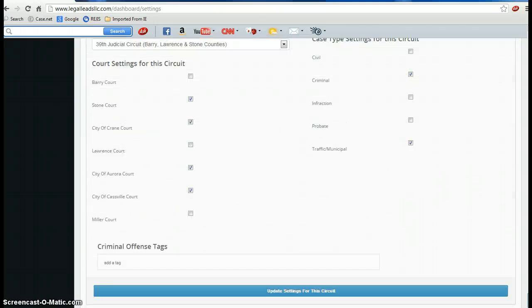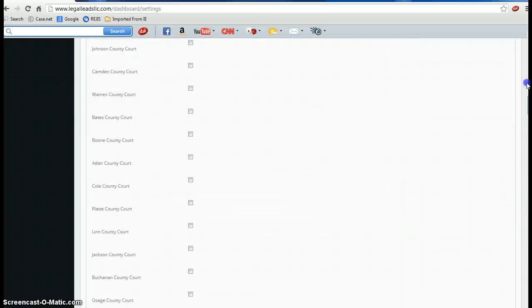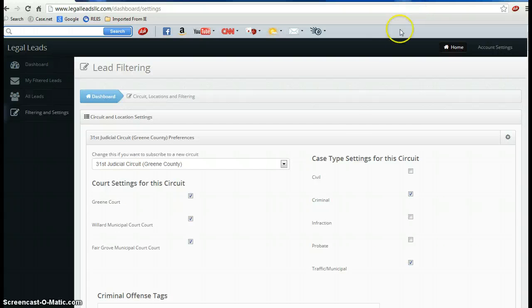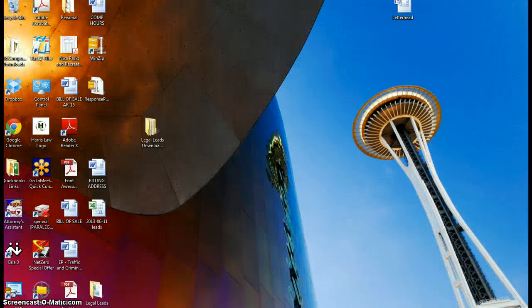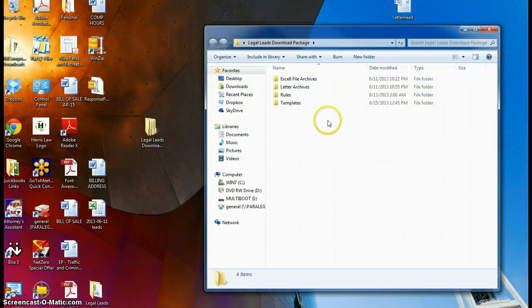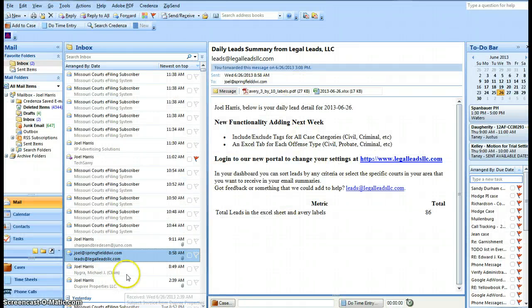Now that you've got all of your counties selected, I'm going to show you what life is going to be like as far as generating your lead letters. The first thing you want to do is go into your Legal Leads download package. This is a package that we've sent you that's going to help you organize everything. Every single day, you're going to get an email from us. That email is going to look like this right here. It's going to have it to your address, and it's going to be from